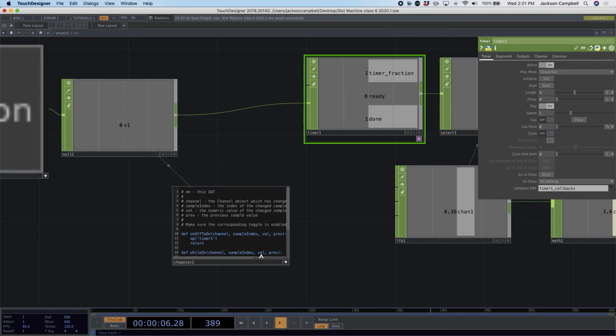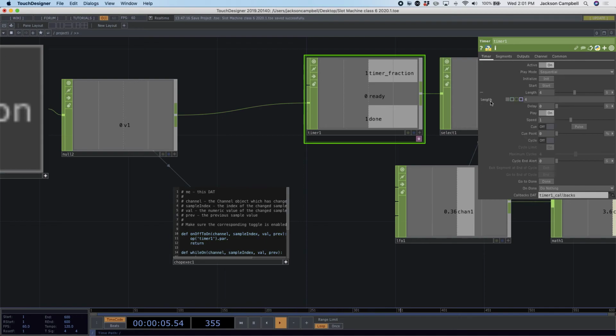Op timer1. Now we're going into the parameters for timer1, so .par. This is something we did last week. Then we need to put the name of the parameter. If I click on timer1, we're going to be referencing the length. We need to know what the Python name of that parameter is. It's not always the same as what's listed in the parameter window, but you can always get its Python name by expanding it with this plus. In this case, they're the same. It's just not capitalized. It's capitalized here, but don't capitalize it. It's .length. .par.length